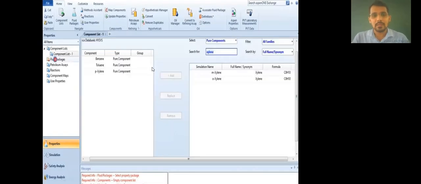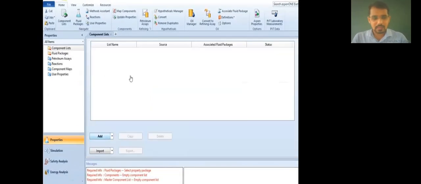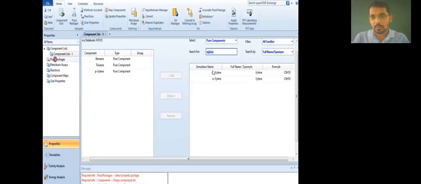You can see on the screen, in this distillation separation, I am taking a mixture of 3 components. Those components are benzene, toluene, and p-xylene, that is paraxylene. You can see on the left side there is a component list. After double clicking on this component list, such a window will open, where you can search for any component. For example, I am putting in xylene. So xylene will come up, meta, ortho, and paraxylene. But I am selecting paraxylene.